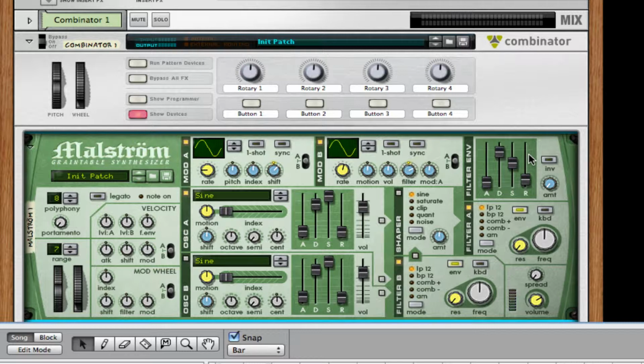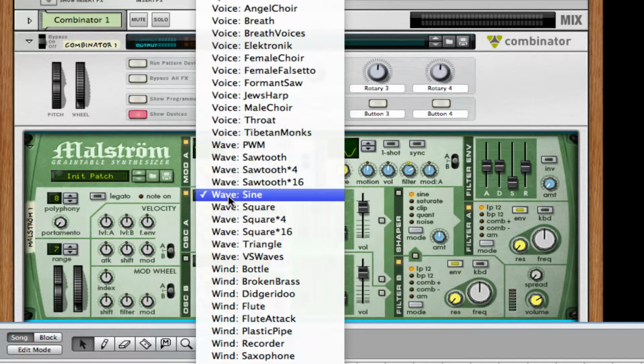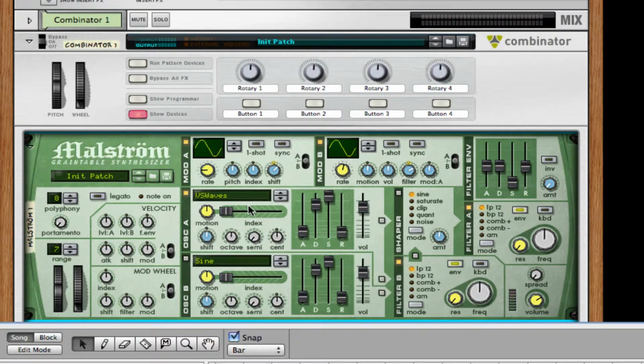And for our filter envelope, we're going to turn everything to the middle except for the sustain. So bring everything to the middle, clone the release, there. For our first oscillator, we're going to change it to VS waves. It's right here. Turn the motion all the way down to the bottom and take it down an octave and